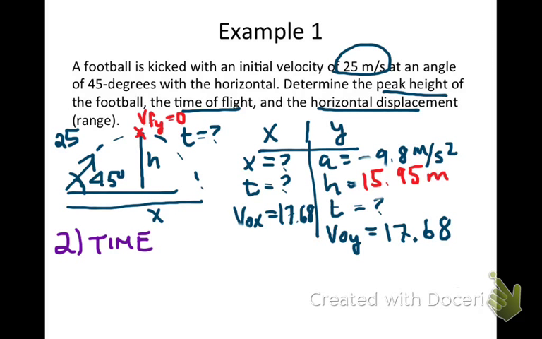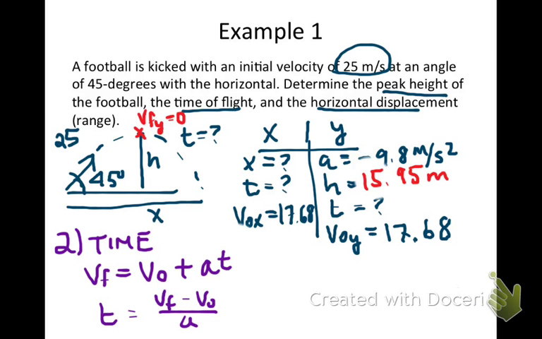The second thing we need to find is time. When I look at my t-chart, x and y, y is pretty filled out now, and the only thing I don't know is time. So I'm going to use time to figure out how high it goes. I'm going to use this equation because I know my final velocity at the top of the peak is 0. Again, this is only looking in the y column. I know my initial velocity is 17, and I know acceleration is negative 9.8. So when I plug this in,